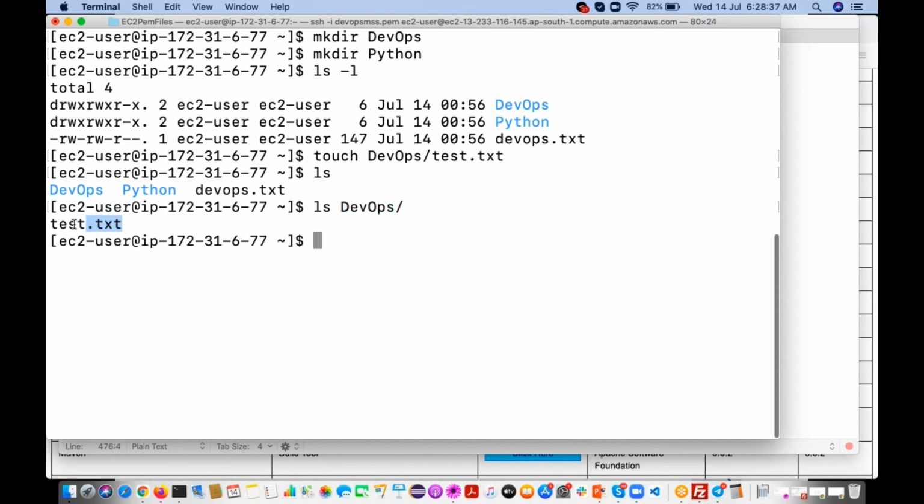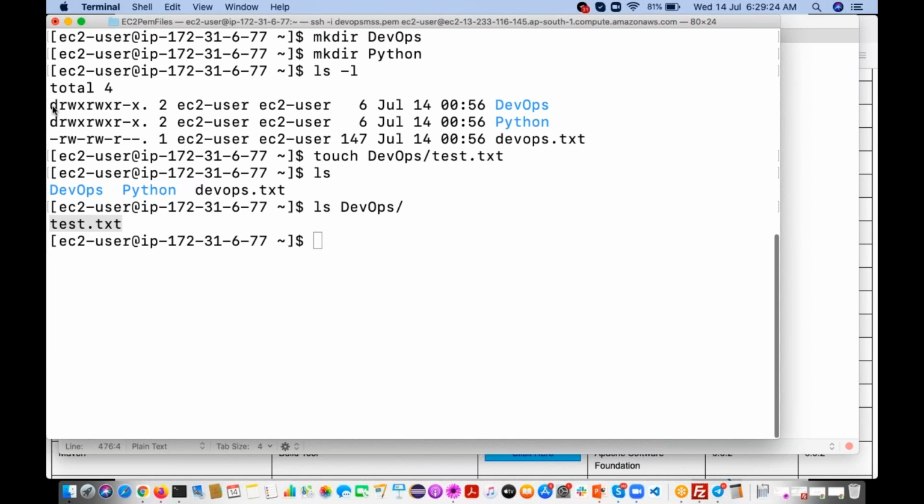See, in the DevOps directory, we have one file called test.txt. So Chandana Shashikant is asking, sir, whatever files we created yesterday will be erased? Do we need to create them again? Will those files and directories be available, or will they not get erased? This is his question. If you create a file or a directory, it is going to be available until you delete it.